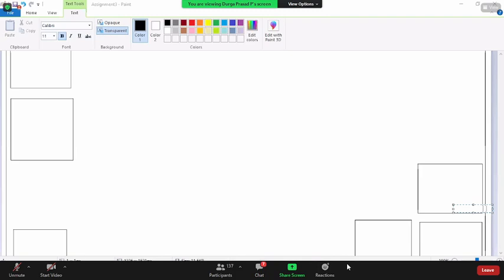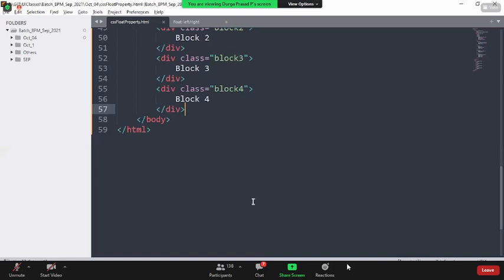So Hemant, you have a question. Assignment padding and margin is not explained. Hemant, right now we haven't used it, right? Maybe for the previous assignment I have added some space. Maybe in tomorrow's class I'll be talking about the box model, then the padding and margin. After that, you can try to solve the second assignment. But at least for assignment 3, you don't need the padding and margin.